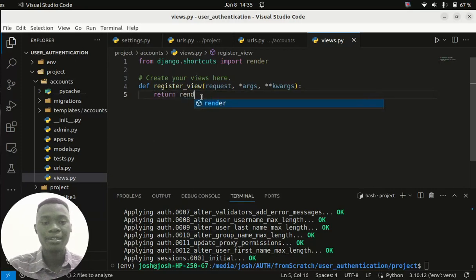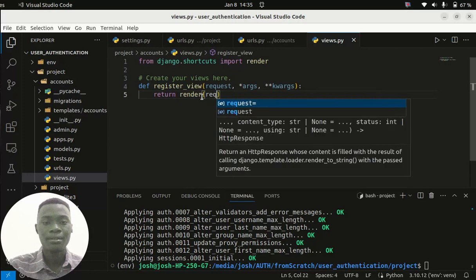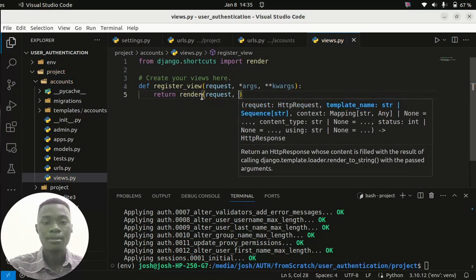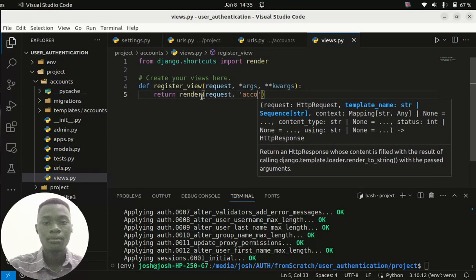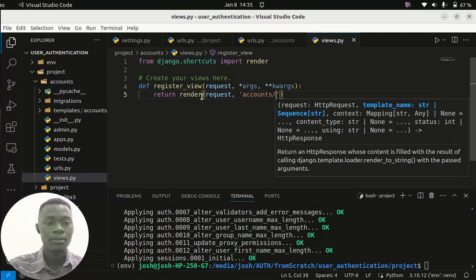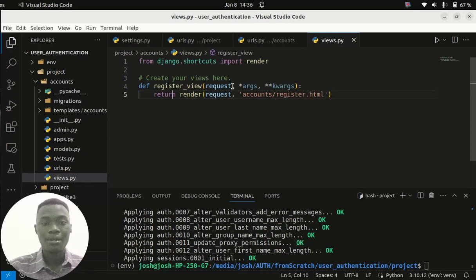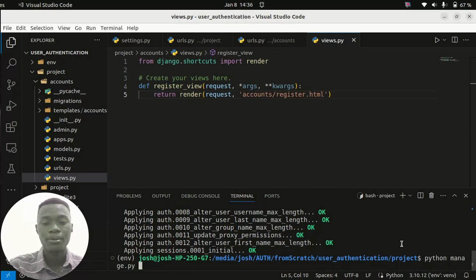and I render an HTML template, request, then accounts. Inside accounts, I created the register.html. So this is what I'm rendering after calling this register view, and I can test things out by running python manage.py runserver,